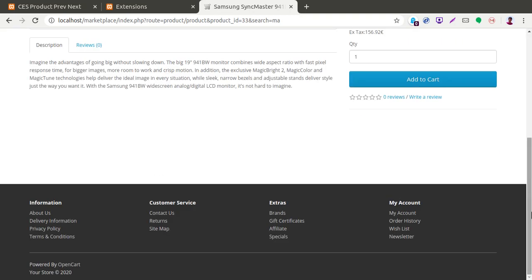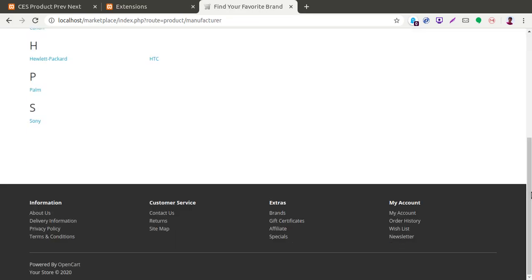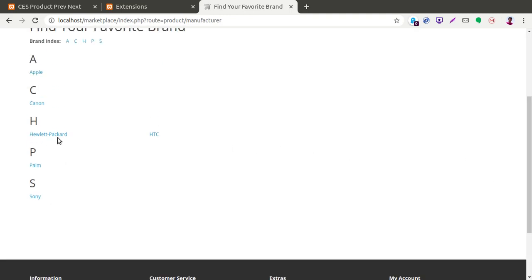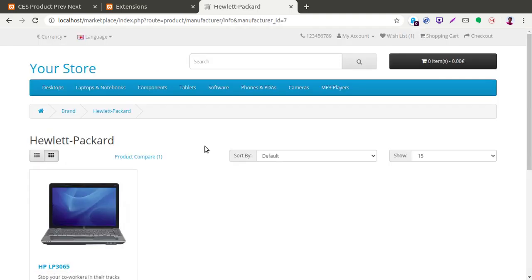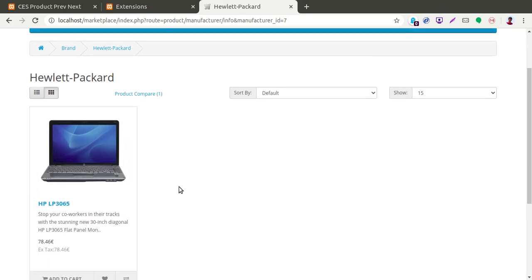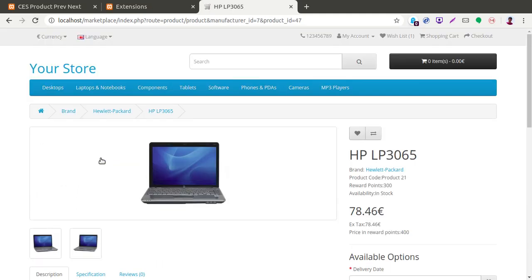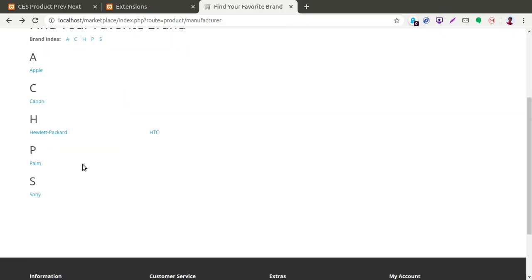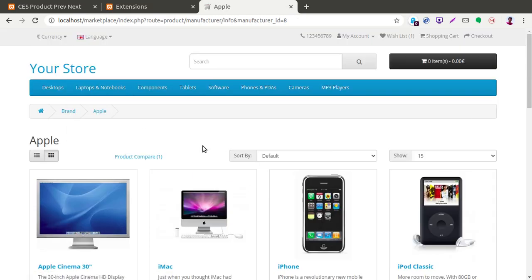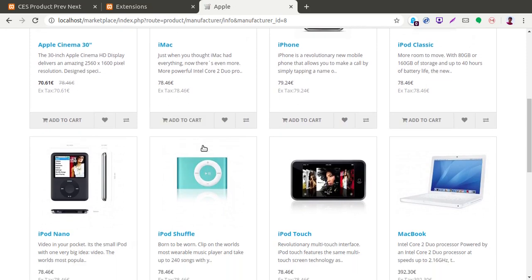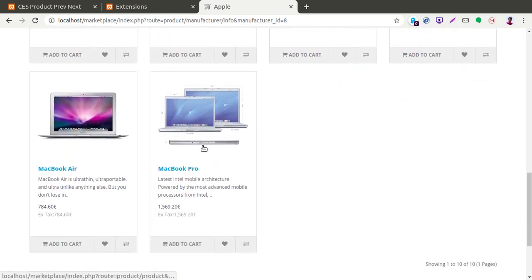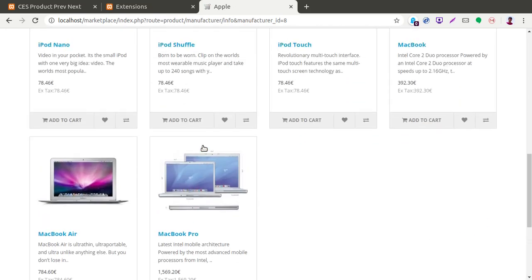And as you can see with the brands also, if I go to Hewlett Packard, there is only one product, so no previous next buttons are there. Let's check with our Apple products. There are so many Apple products, you can see there are 10 of them.